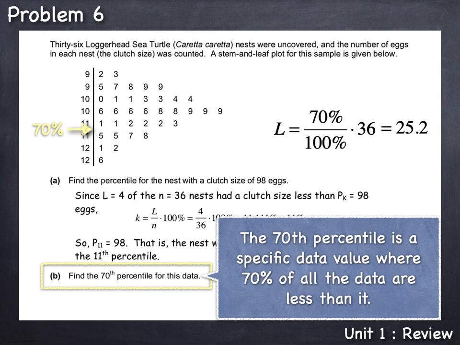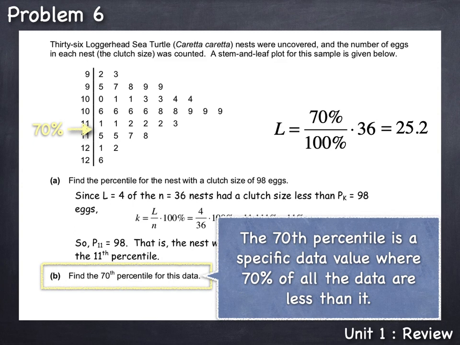25.2 is not a whole number. So with just 36 nests, we're not able to get exactly 70% less. But we could do the next best thing. Although we can't find a place where 25.2 nests are less than, we can find a place where 25 nests are less than. So counting through our sorted lists of data in the stem and leaf plot, we can